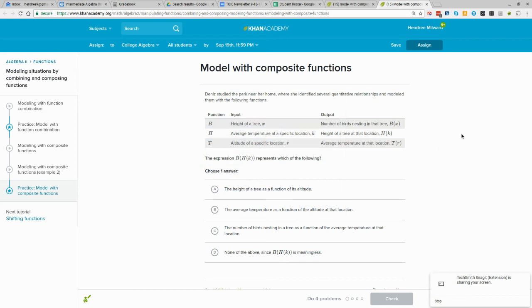Okay, I got a good question on this skill, model with composite functions. This is really great because we look at applications, and how once you build models or quantitative relationships between two different variables, you can combine them together to make new functions. So we've got this, looks like